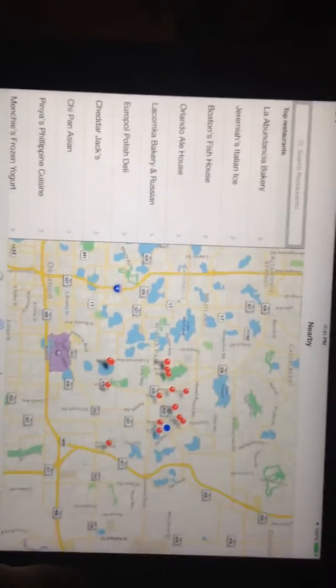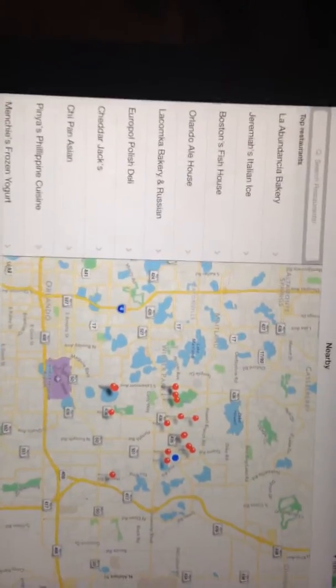Okay, let's see. We'll go back to nearby. We tried making the orientation so when you switch to landscape mode, the table of all the results of the restaurants opens up a side panel, a side menu, so it's better for usability. Okay, so we'll go back,